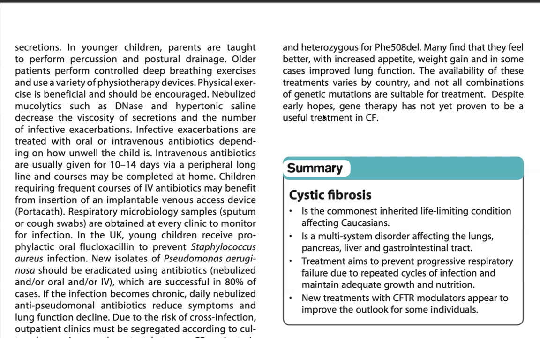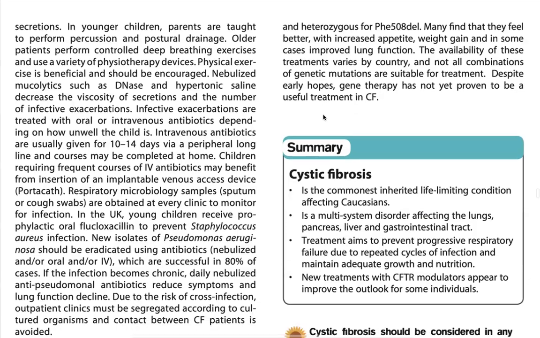Respiratory microbiology samples, sputum or cough swabs, are obtained at every clinic to monitor for infection. In the UK, young children receive prophylactic oral flucloxacillin to prevent Staph aureus infection. New isolates of Pseudomonas aeruginosa should be eradicated using antibiotics, nebulized and/or oral or IV, which is successful in 80% of cases. If the infection becomes chronic, daily nebulized